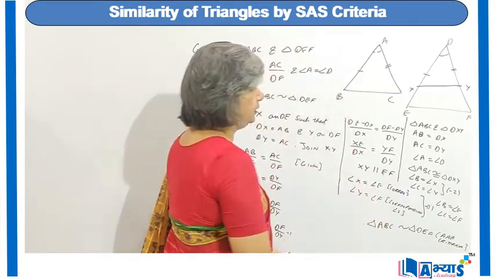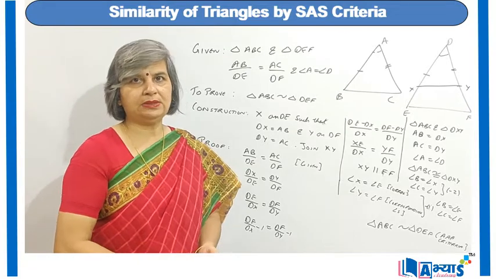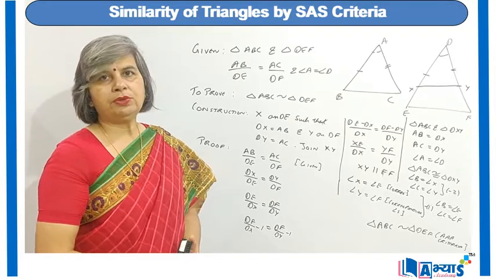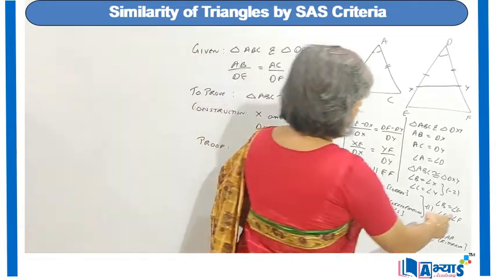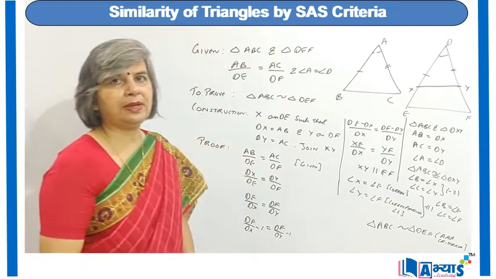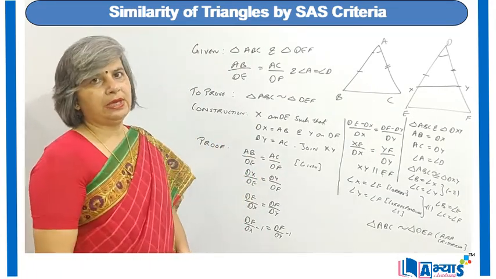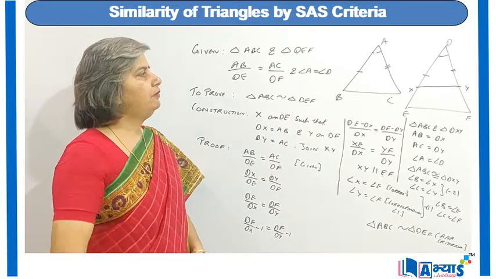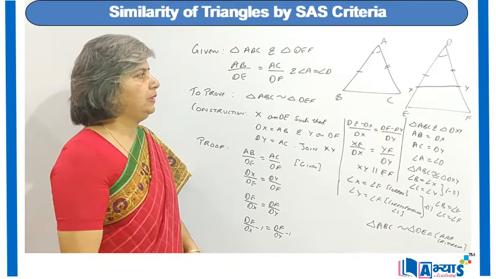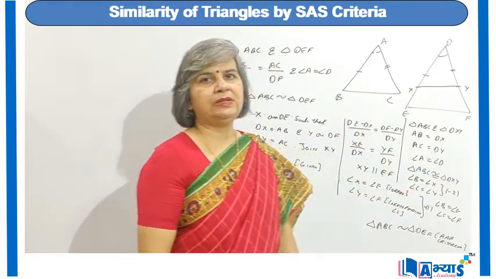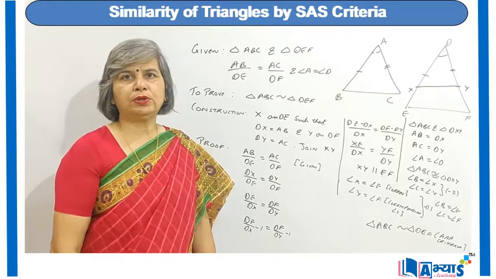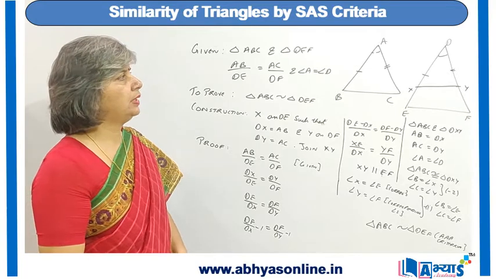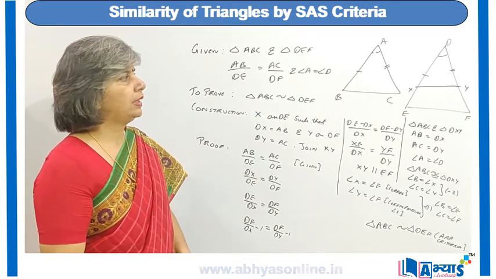So from 1 and 2: in equation 1 we know that angle X is equal to angle E, and in equation 2 we know that angle B is equal to angle X. So from the two equations we get angle B is equal to angle E. Similarly, angle C is equal to angle F. Now in the two triangles, ABC and DEF, A is equal to D, it has been given to us, and we have proved that B is equal to E, and C is equal to F. As the three angles of one triangle are correspondingly equal to the three angles of the other triangle, by the AA criteria of similarity, triangle ABC is similar to triangle DEF.